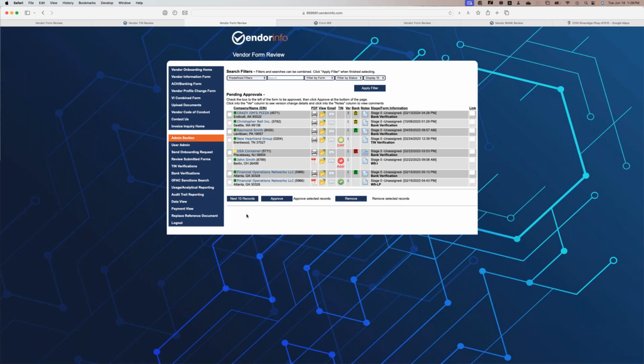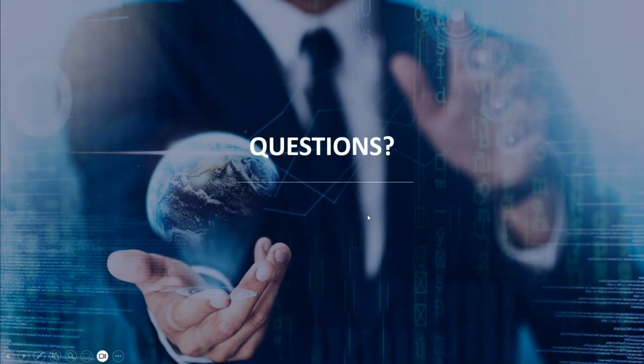So, Mark, I don't know if we maybe have some time for questions this afternoon, but in a nutshell, at a high level, this is what the system does. It really reduces the amount of time your staff spends on this, and it also provides an automated way with audit trails to make sure that the procedures and the processes for verifying the bank account ownership and any other information that you want verified are followed. Mark, should we open this up for questions and maybe give the folks some contact information?